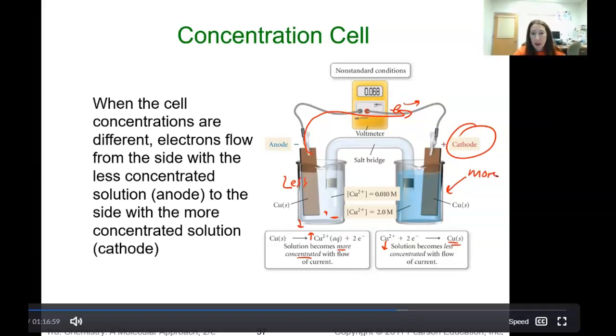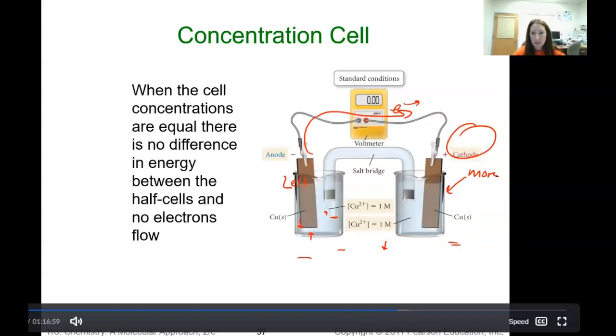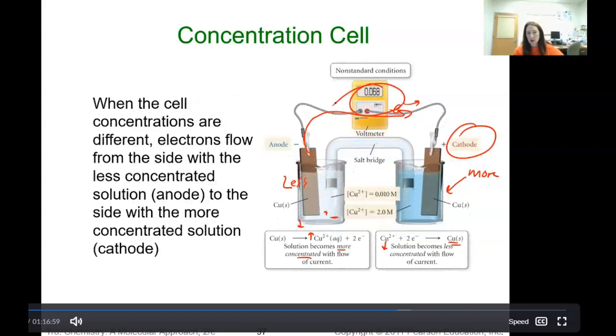The ion concentrations will end up being the same, and when they get back to equilibrium, the voltage goes back to 0. Nothing's going to happen once they get back to the same concentrations. Okay, so now if we were going to